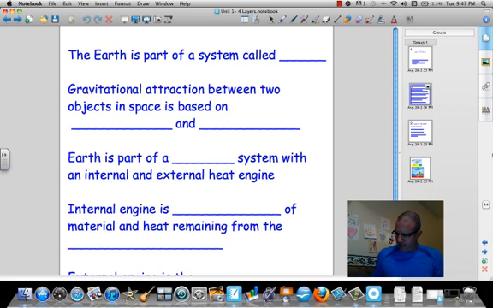First, the Earth is part of a system, and that system is called the solar system. So we are one planet with a sun, and there are 8 planets in our solar system. In our solar system, there's gravitational attraction between everything. There's gravitational attraction between you and your papers, you and your pencil. It's just that there are 2 characteristics that keep you from being able to have your pencil kind of jump